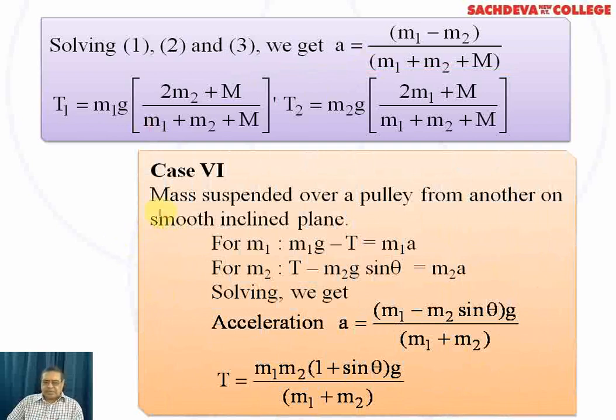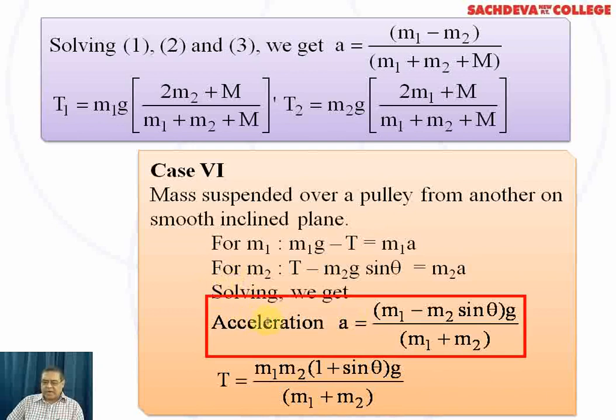Case 6. Mass suspended over a pulley from another on a smooth inclined plane. When we speak of an inclined plane, it's a kind of wedge shape. So now in the figure, we will say a mass is suspended over a pulley from another on the smooth inclined plane, that is M1. So M1G minus T is equal to M1A. For M2, T minus M2G sine theta is equal to M2A, and we solve the two equations in order to